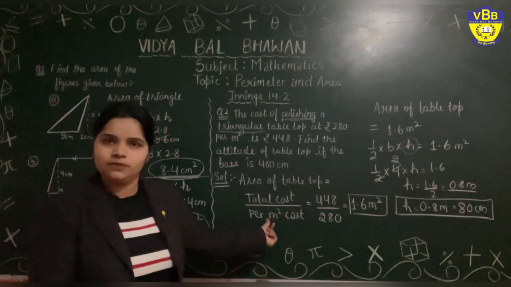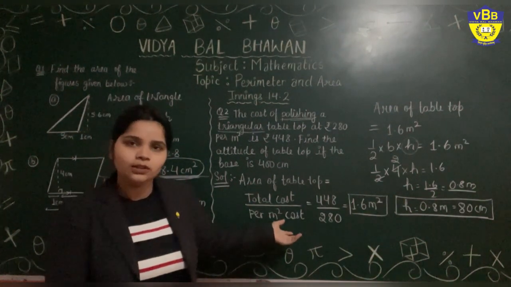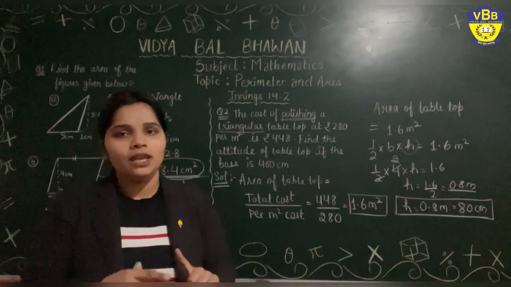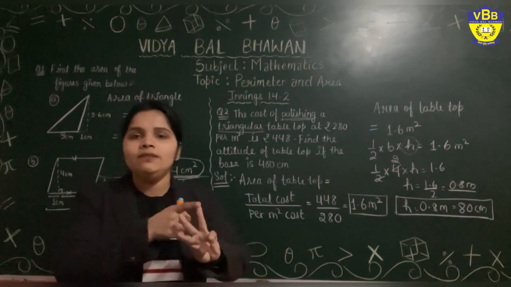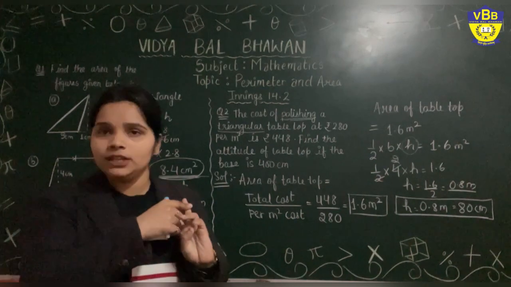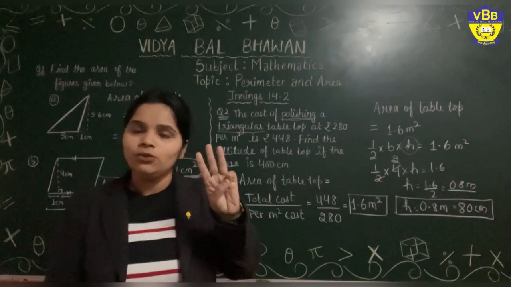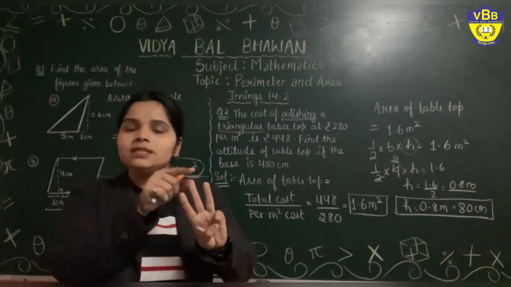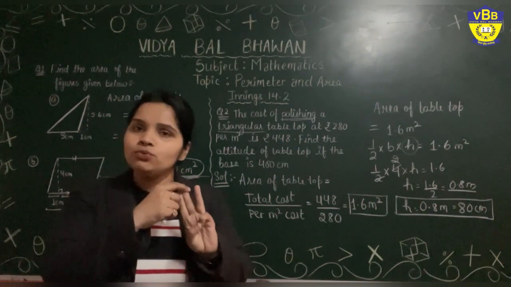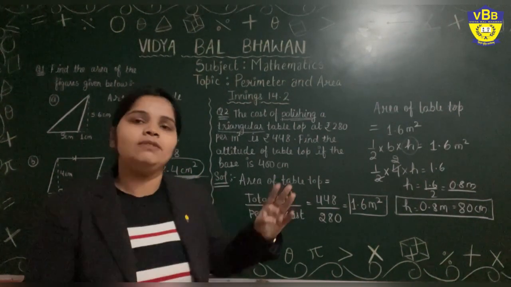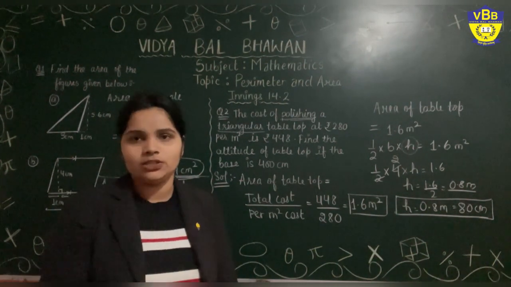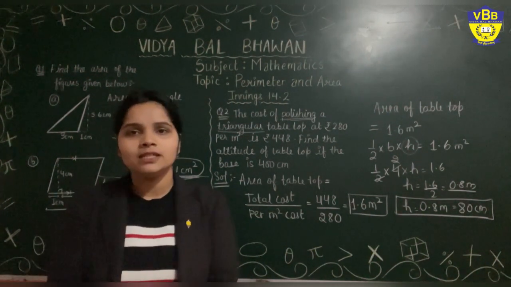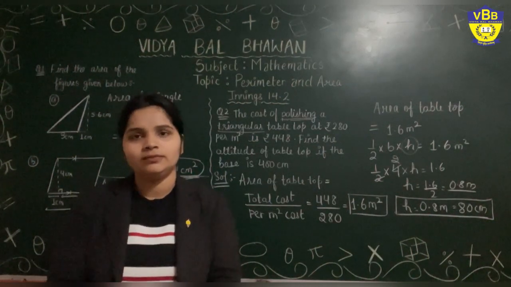Nothing else we have done. First we calculated the area of the tabletop. When we got to know the area, we knew the area and the base, and we needed to calculate the height. In the formula of the area of a triangle, we have 3 quantities: area, base, height. Out of these, 2 are known and the third we need to find. We can find it by the transposing method as we solve an equation. I hope this is clear. Let's move to the next question.